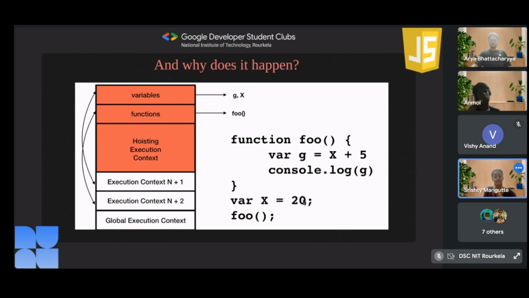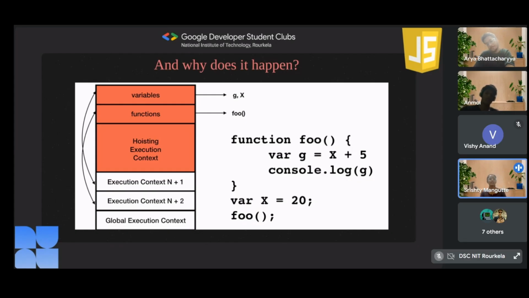Okay, so we can use x later, we can use x anytime. Later it will iterate over it and then it will assign the value to that variable. So this is what happens, and this is what allows us to declare the variable later after accessing it. So you can access it anytime, even before declaring. And it's only possible with var.